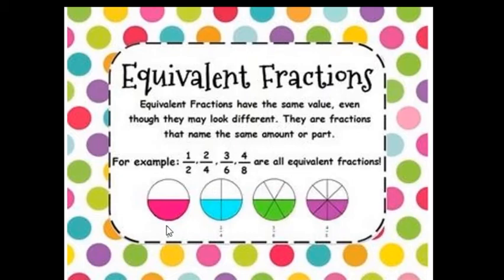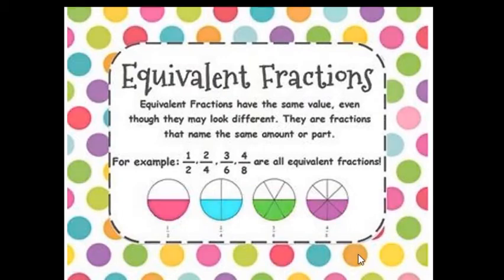Here in this circle, if I shade one part, the total part is 2. So what will it be? 1 by 2. Now here the total part is 4. What is the shaded part here? 2 only. So 2 by 4. And in the third circle, how many parts are shaded? 3 shaded parts here. Now the total part will be 6. So it will be 3 by 6. Now the last one: how many parts are shaded? 4 parts are shaded out of 8.